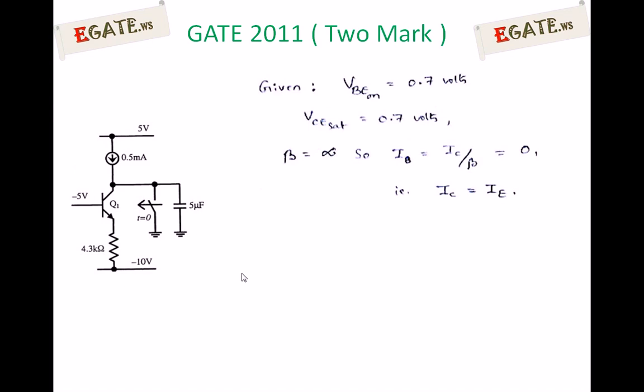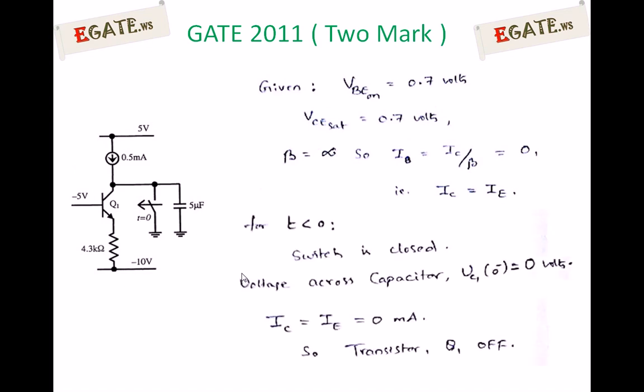Given that initially the switch was closed and at t equal to 0 the switch is open, that implies for t less than 0 the switch is always closed. We are going with this condition first. For t less than 0 the switch is closed. When the switch is closed, as we said, the ground potential is at the collector of Q1 and the total power supply current is entering this ground. It is neither going into Q1 nor going into the capacitor.